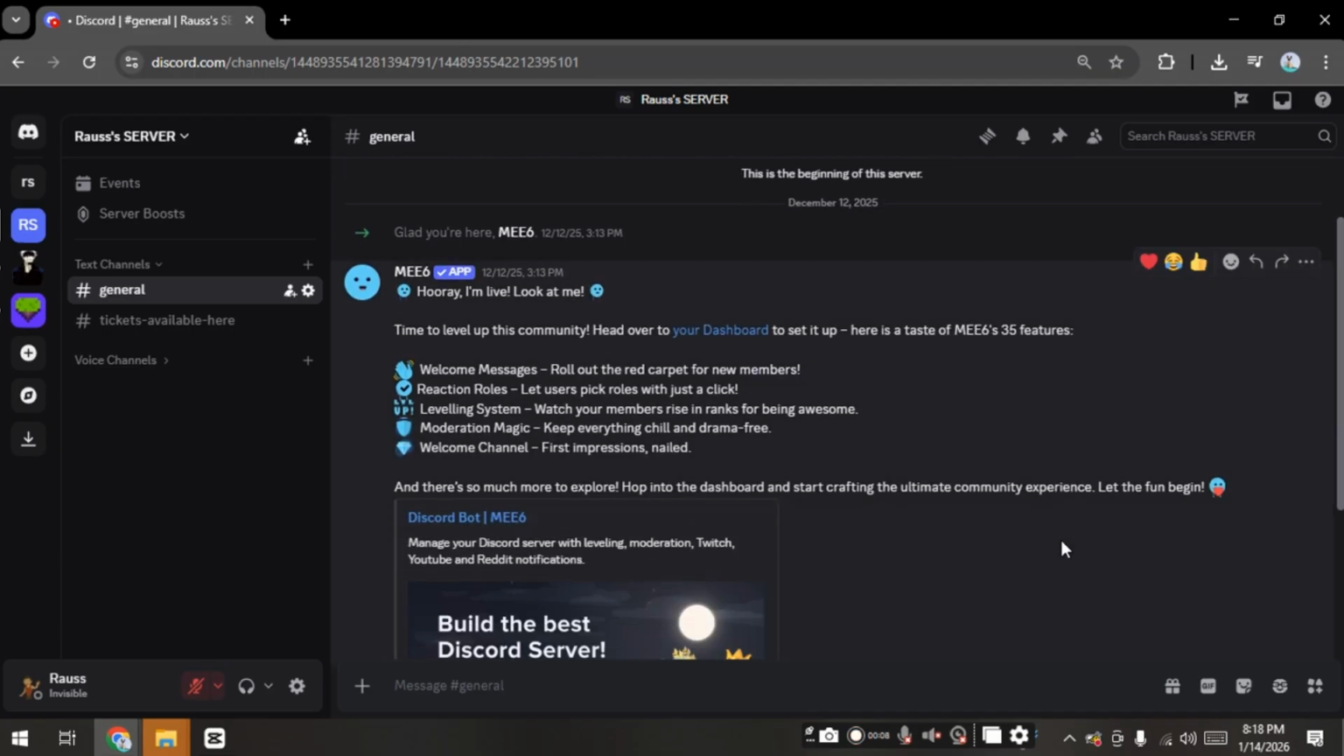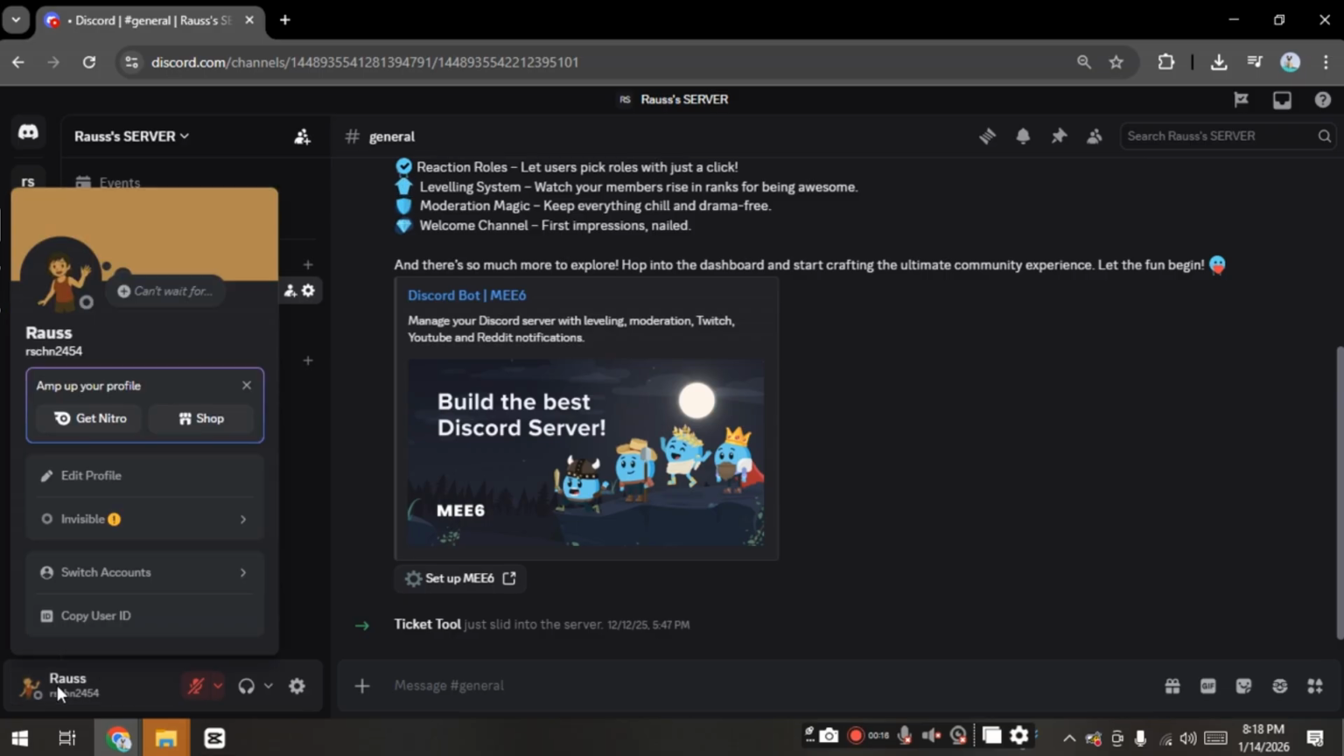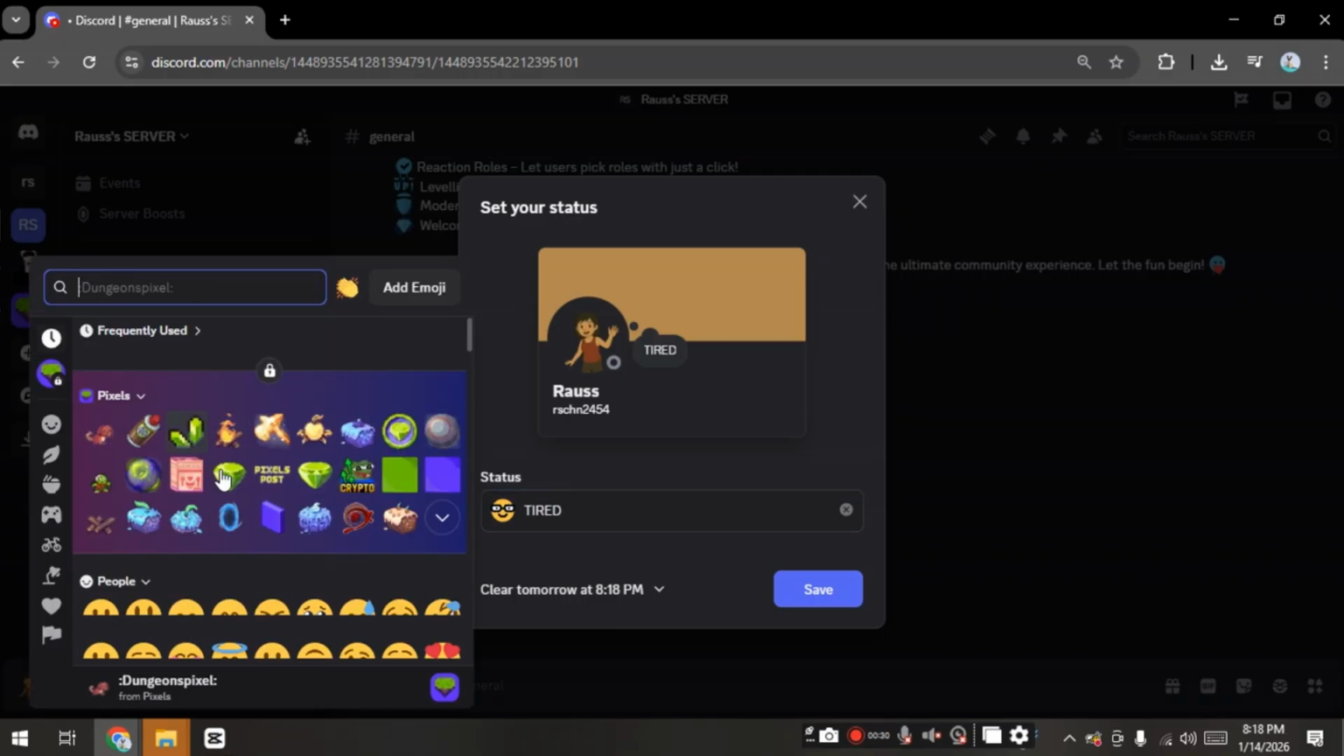So we'll start on the desktop version by opening Discord, clicking your profile icon at the bottom left, selecting Set a Custom Status, typing your message, choosing an emoji if you want, and setting how long the status will stay